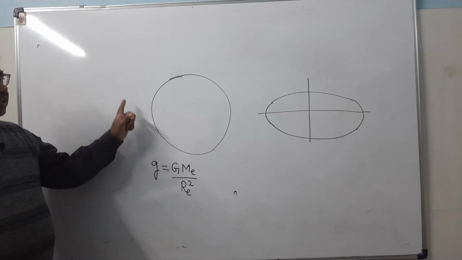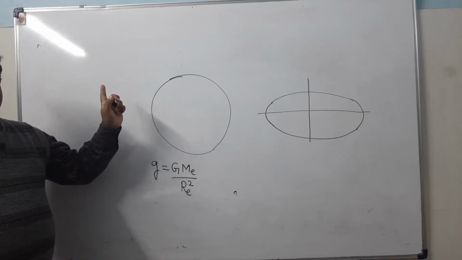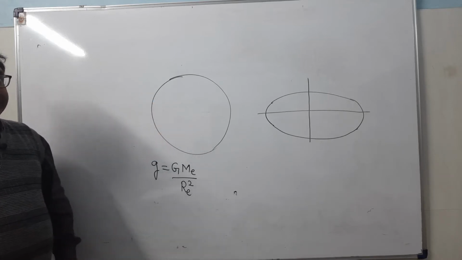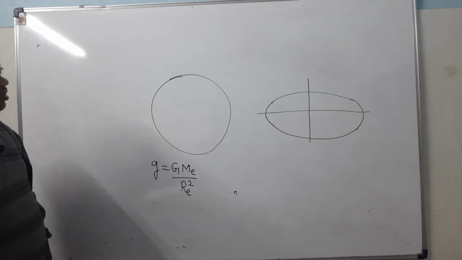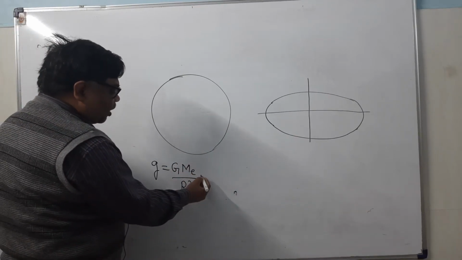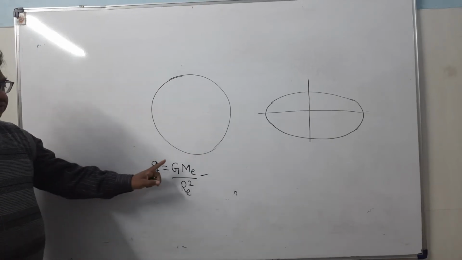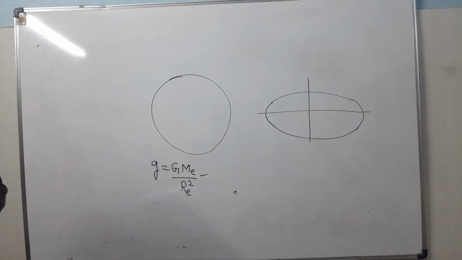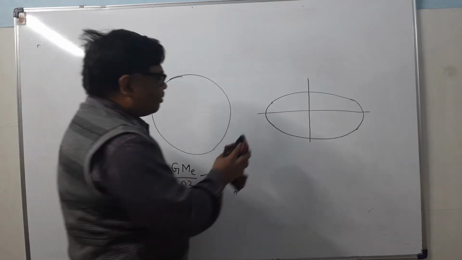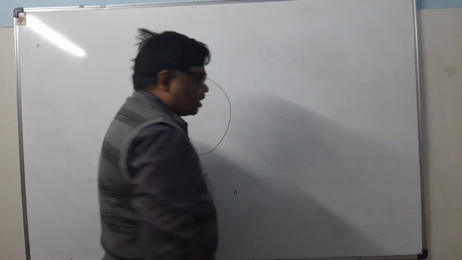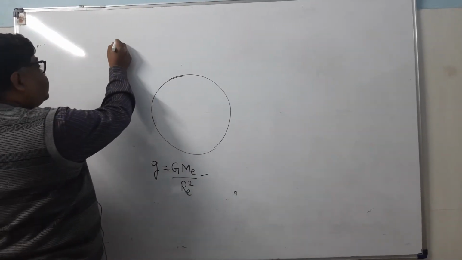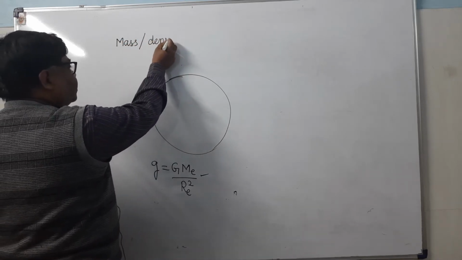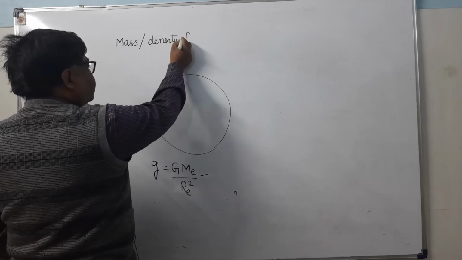Secondly, we have assumed that Earth is uniformly dense. And we know that the earth is not uniformly dense. Its 3/4 portion is occupied by the water. So see here, by using this formula, we will calculate the density of the earth as well as the mass of the earth. So what will be the mass of the earth if you calculate? Calculation of mass and density of earth.